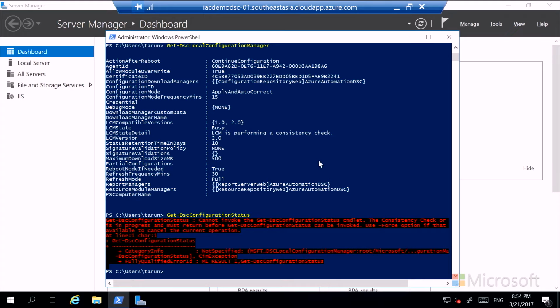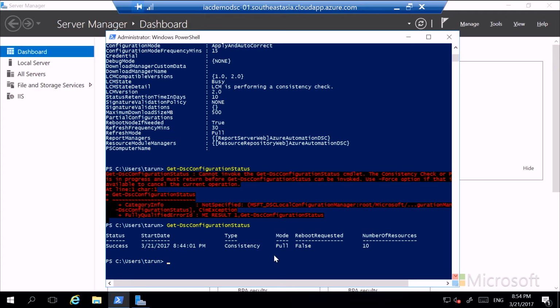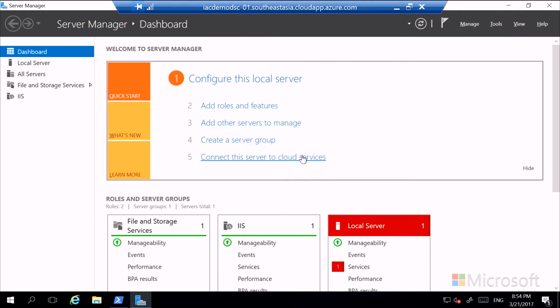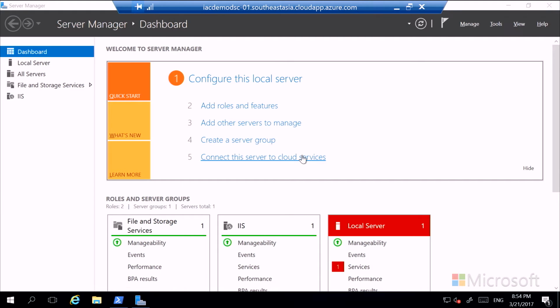So if we go back into the node now and rerun the same command, which was get DSC configuration status, then it just says status success. This is when it's synced, the mode, reboot requested. It just tells you the results of the last configuration that was deployed. And at this point, if you browse to IIS Manager,